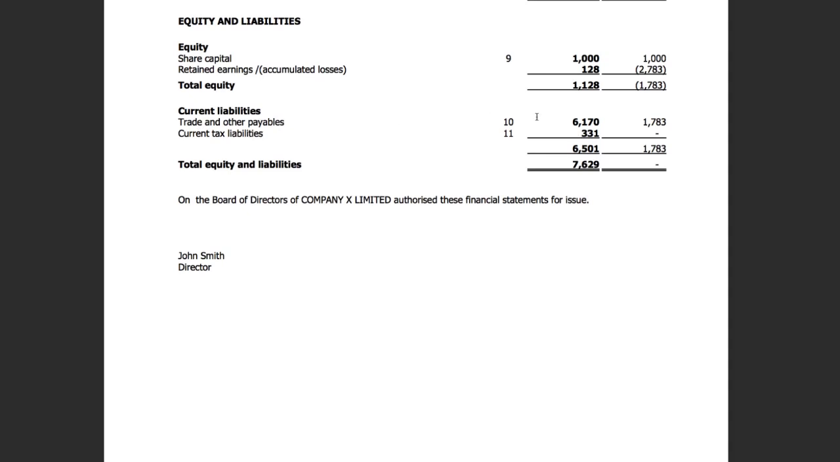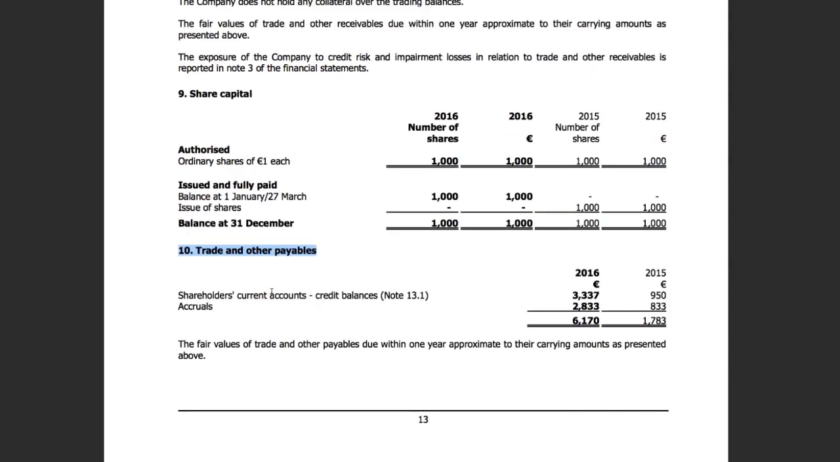If we are uncertain of what these amounts relate to, then we need to go to note 10 and note 11, not page 10 and 11. Here we can see that the shareholders' current accounts account for 3,337 euros, i.e. the amount due to the shareholders by the company, and that the company also owes 2,833 euros to accruals. Usually these are audit fees, accounting fees, the last months of electricity bills, waters, rent, and so on. So the company owes to its shareholder 3,337 euros, and for various overheads